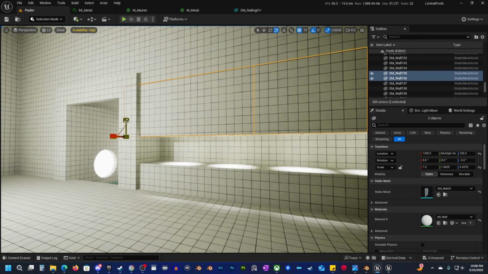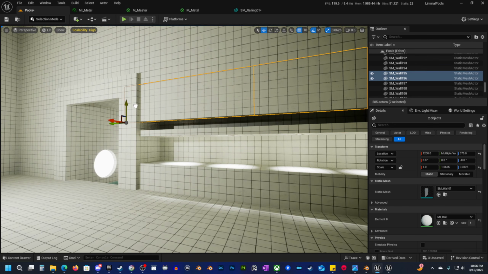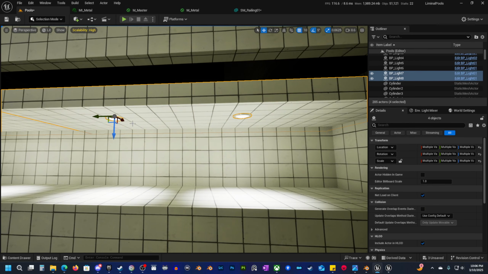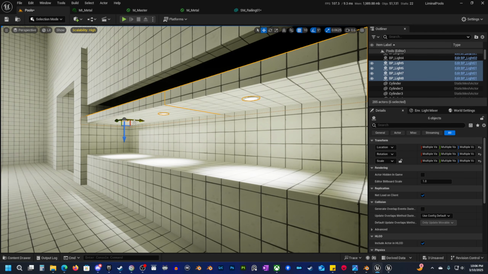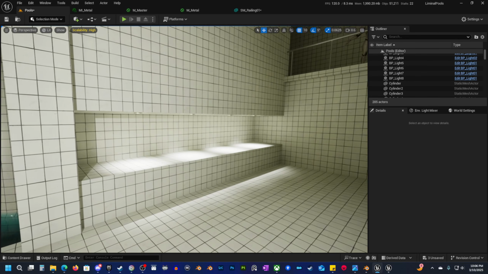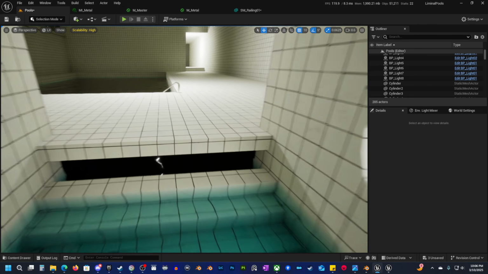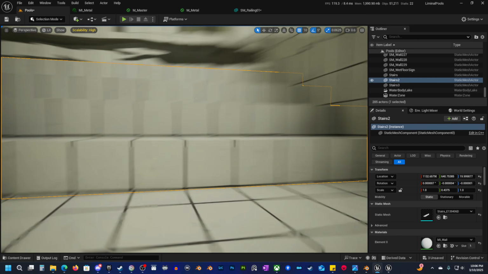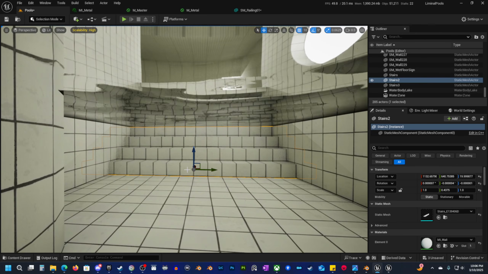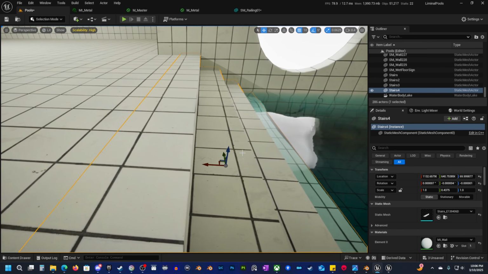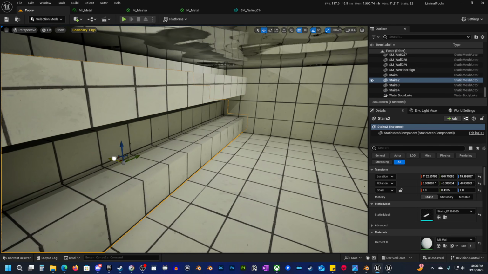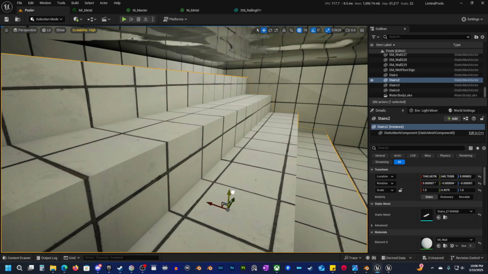I'm going to raise this up a little bit. Go up slightly with this. Grab the lights too. And I think I'll leave this bottom part like that. And then here, let's see. I am going to just duplicate this. And that looks good there. And then I'm just going to bring this over and then push this down